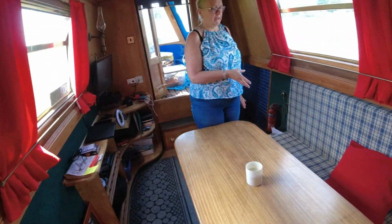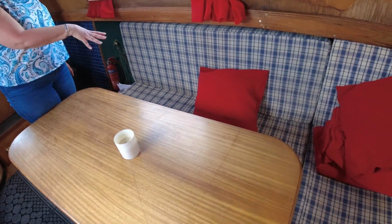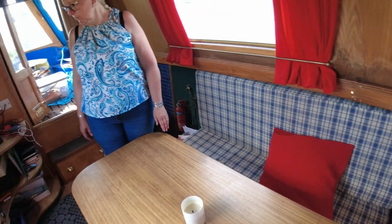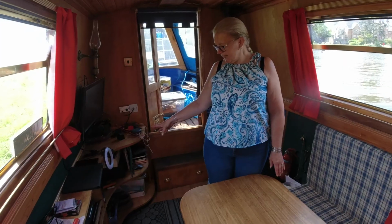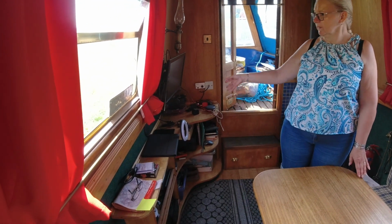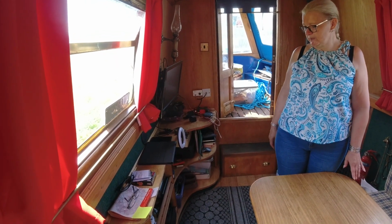So underneath the benches, we've got lots of storage. This little bit, Doug keeps all his tools and odds and sods in there. Under that little bit there, I keep all my crafting stuff, so I'll be able to keep busy in the winter when we've got nothing better to do on rainy days. We've got a little bit more storage space over here. Again, we're going to redo it to make it work better for us. We think we can go up the side here and make better storage,